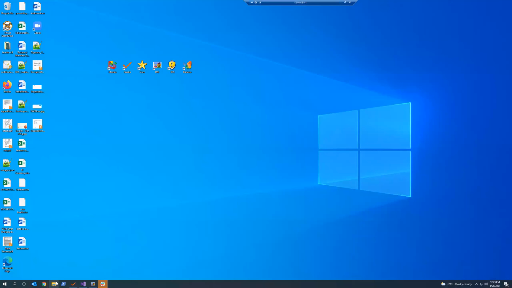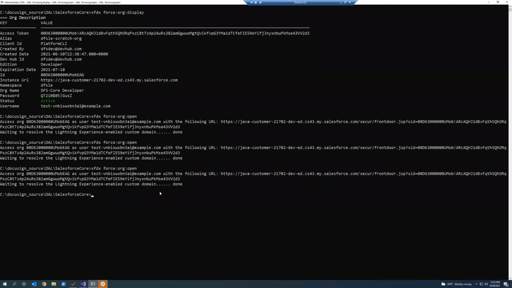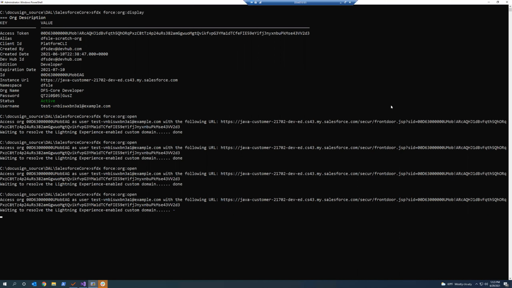So I'm going to show you. This is something which I think is familiar. I have my scratch org, and please type if you're not able to see my screen, or if the fonts are too small. This is my scratch org, and I basically go to my Salesforce instance.